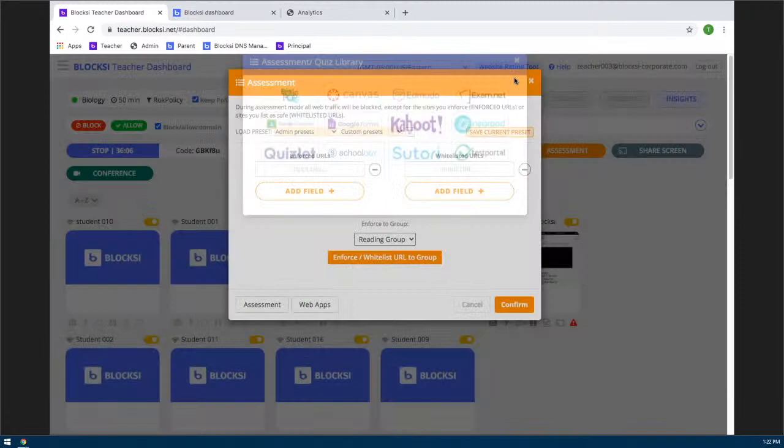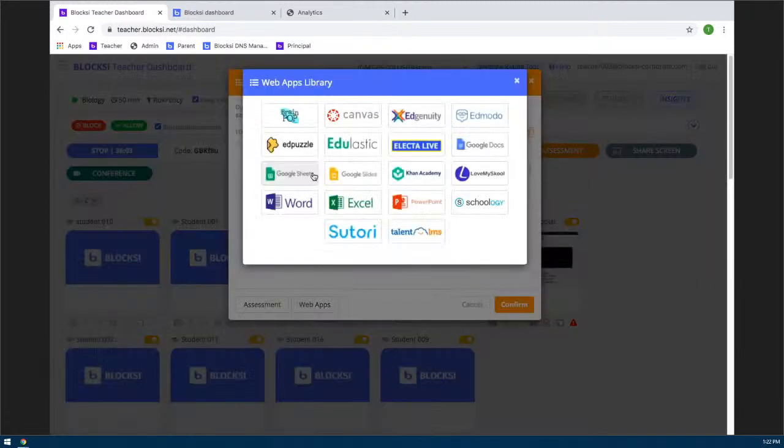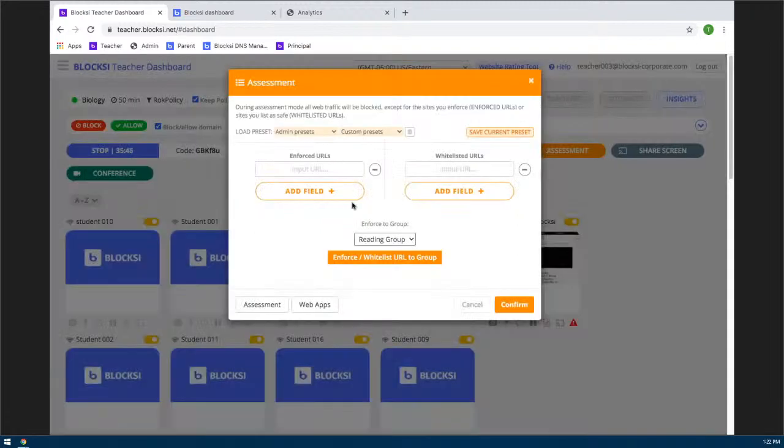We also have different web apps here. So, you know, some of the popular ones like Edulastic, Google Sheets, Google Docs, Edgenuity, PowerPoint, Word, Excel, different little presets here where you just have to copy and paste the URL. If you use a third-party LMS that is not listed already as a preset on one of these, you can create your own environment. So if I use Illuminate as an example here, what I would do is I would,